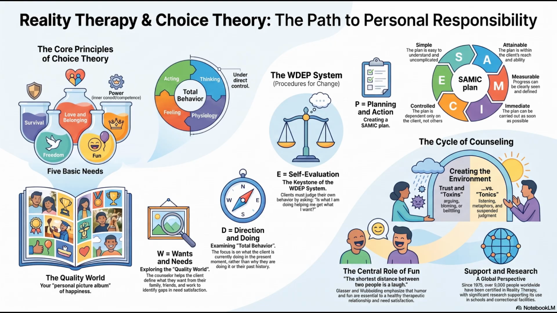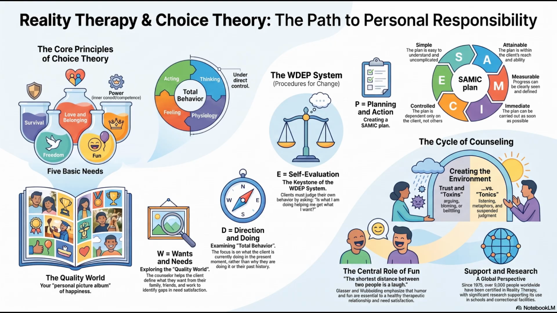So the S stands for simple. Right. Complex plans fail because they introduce way too many variables. If a client is deeply struggling, a 15-step morning routine is going to collapse by day 2. It needs to be fundamentally uncomplicated. Makes sense. A is for attainable. I imagine this prevents the psychological defeat of overreaching. Like, if you haven't exercised in a year, planning to run a marathon next month is just setting yourself up to fail. Exactly, and that just reinforces your negative feelings.